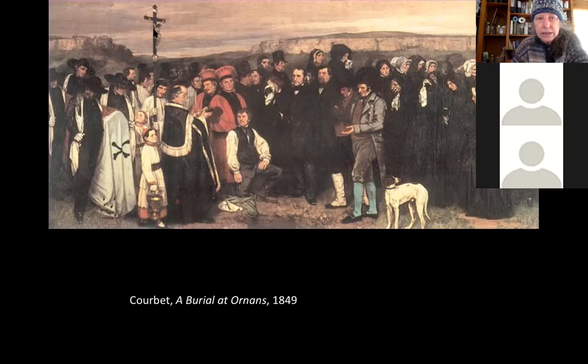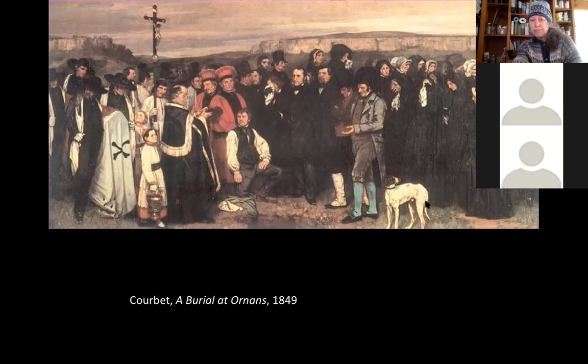It looks sort of like it's in the landscape, but it's not. It's on a pole and he's carrying it. And then these guys with the red hats are important people in the town, like the mayor and so on. And then you have various other kind of men here, and then a whole gaggle of women over here that aren't even looking, most of them, in the direction of the grave. Some of them are looking over here. And then there's a little kid right here and a dog. And the dog's just sort of looking over in another direction. He just sort of wandered in.